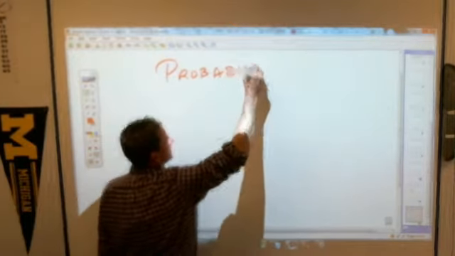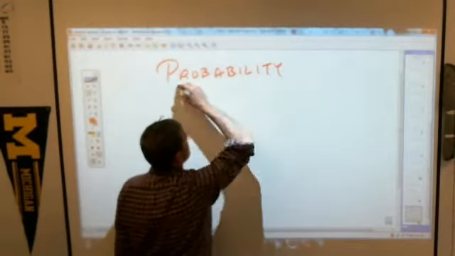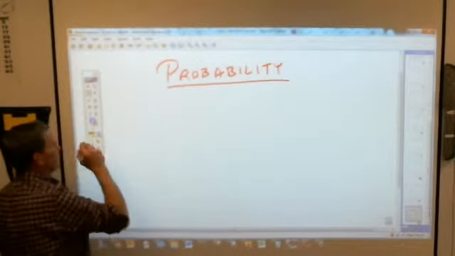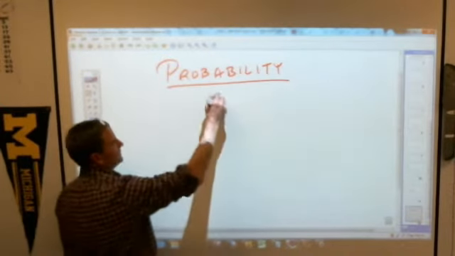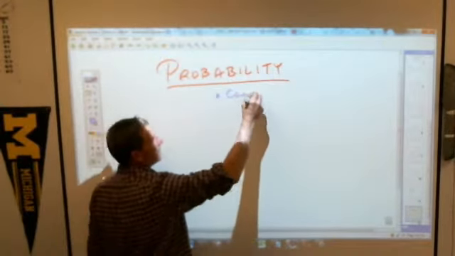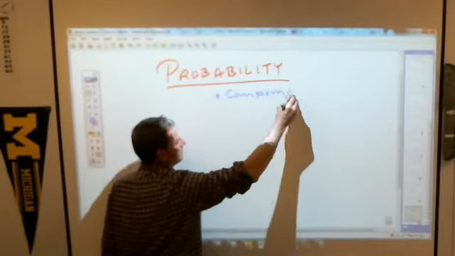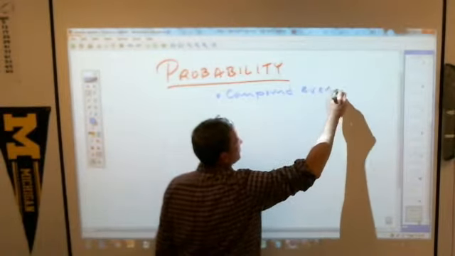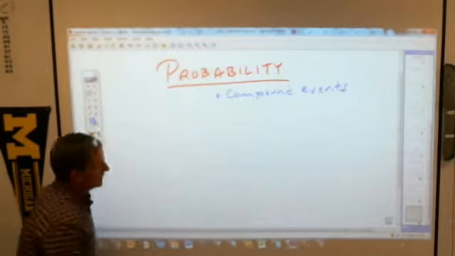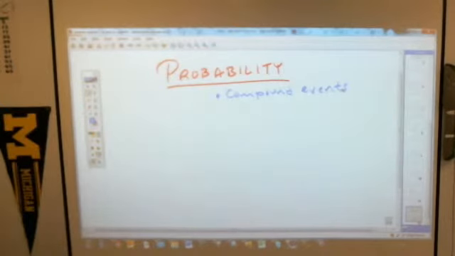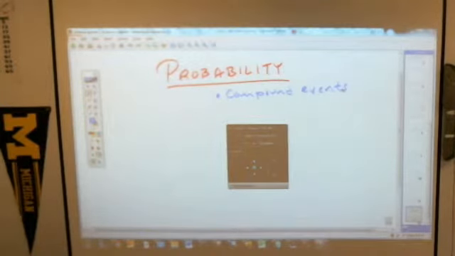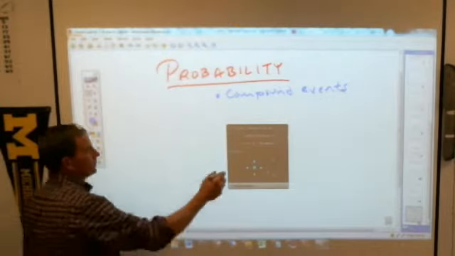And the probability of this one speaks specifically of what's called compound events. I know you've talked about compound complex sentences. Well, compound means more than one event happening at a time. For example,